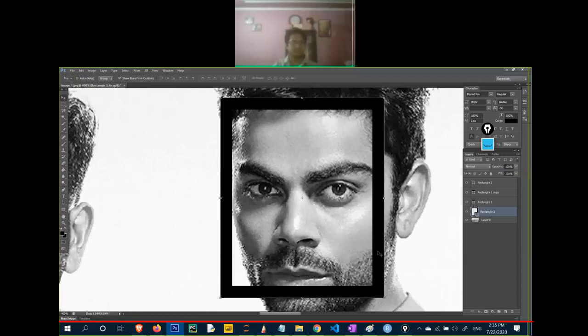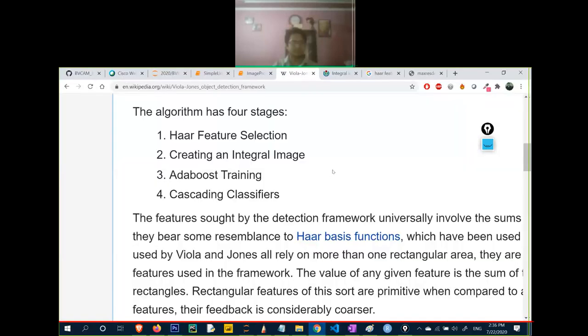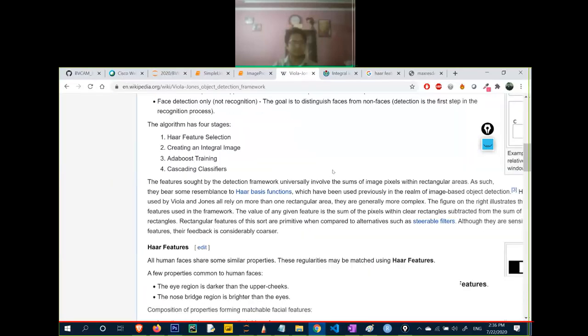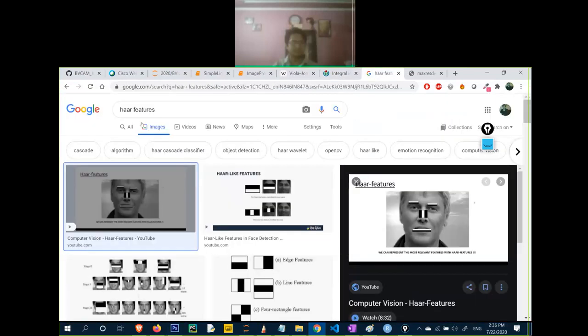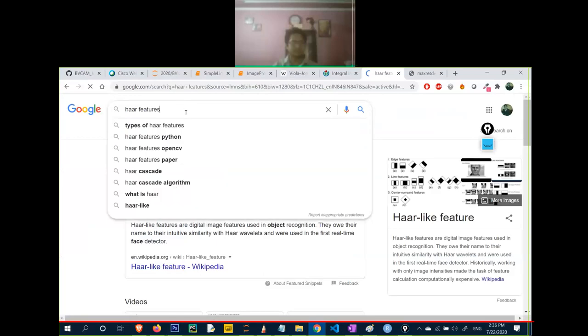First it learns that there is an eye. Okay, it's a part of the face. Now I will go forward for the next part. It makes a strong learner. Now I will search for the next part of the face. It again matches. It is again a strong learner that is getting a face. But if any one of the features is not matching, it will discard. So this is the concept of face detection, how it is done. So what we have to do now is search for Haar cascade data.